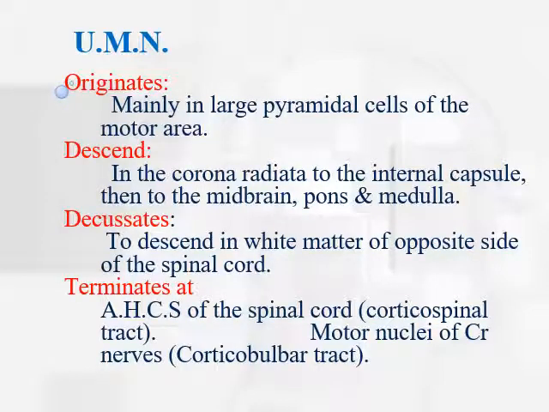The upper motor neuron is the pyramidal tract, which originates in the large pyramidal cells in the motor area and descends in the corona radiata, internal capsule, midbrain, pons, crosses to the opposite side in the medulla, and descends in the spinal cord and terminates on the anterior horn cells of the spinal cord, and this is the corticospinal tract. And we have another part which ends on the motor nuclei of the cranial nerves in the brainstem, which is the corticobulbar part,